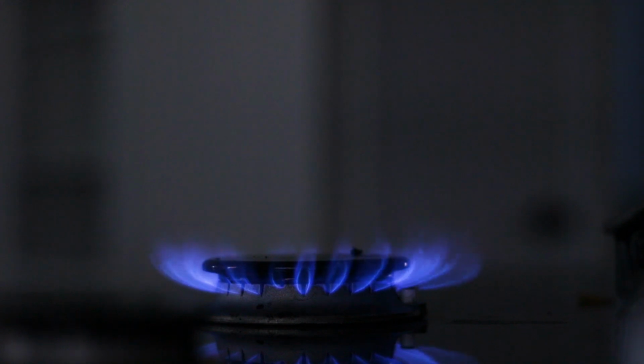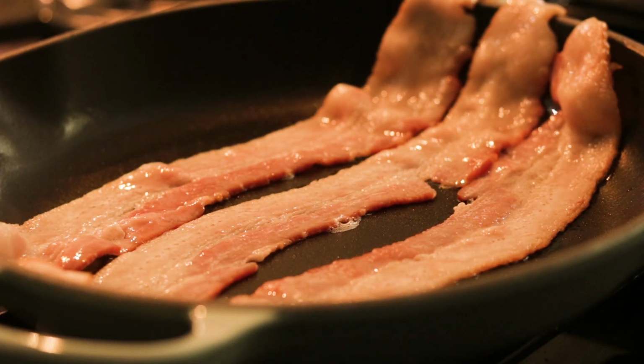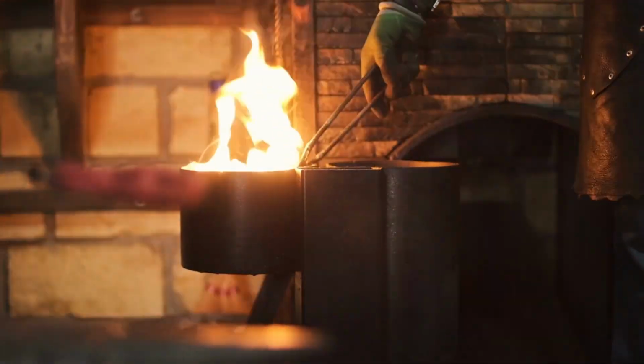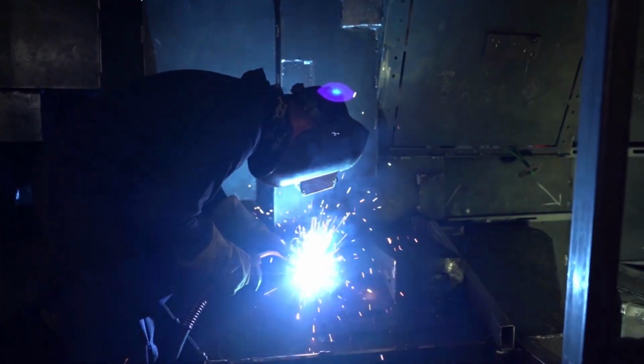Have you ever wondered why some things heat up quicker than others? Or why some substances might take several minutes to get hot, while others only take a few seconds? It is well understood that as heat is applied to a substance in a single state, the temperature of the